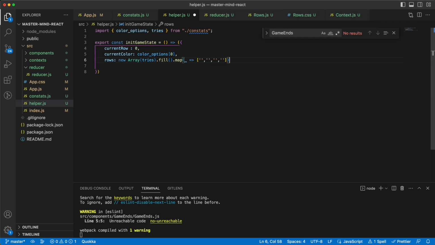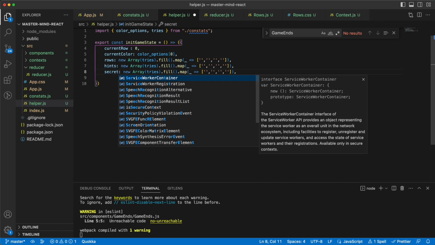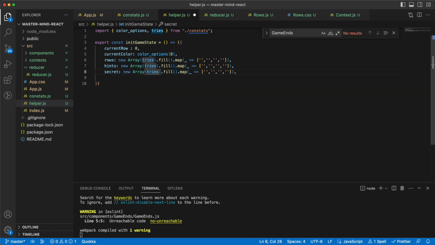In the beginning they are just empty. We have the same thing for the hints, and similar for the secret, but the secret is 4,